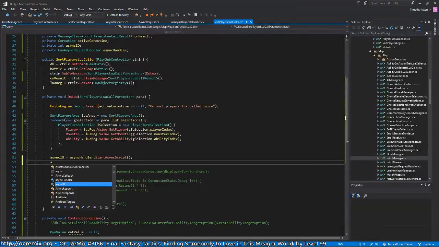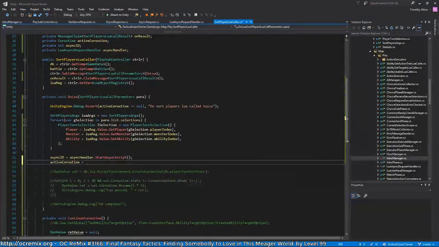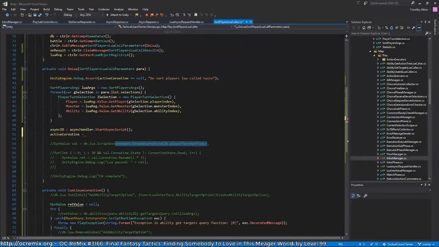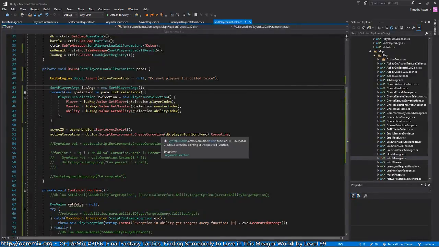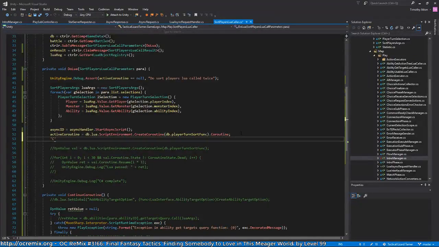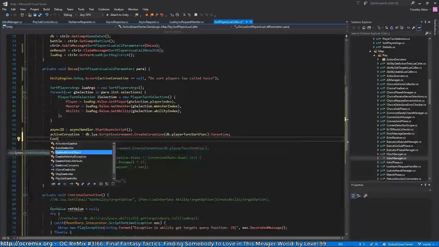So active coroutine equals, I just did this. Oh, or it's right here, of course. Dot coroutine. I wonder if this could throw any errors. I don't know, I guess we'll see if time comes. And then we just call continue coroutine to do the first